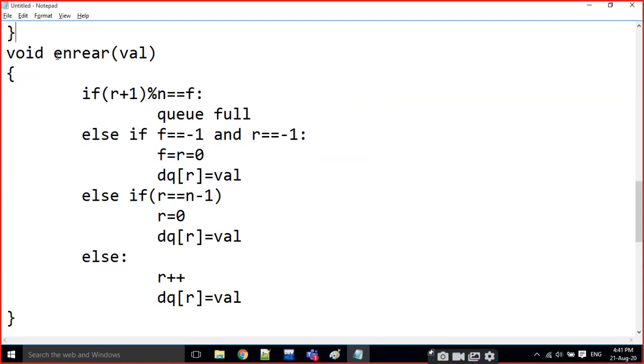This is insertion for both front and rear. This is the algorithm for NQ at rear. If you are reaching the last position, we are automatically going back to the first position. For all the remaining cases, every time we do R plus plus and we insert the value. That's it, nothing else. This is NQ at rear.